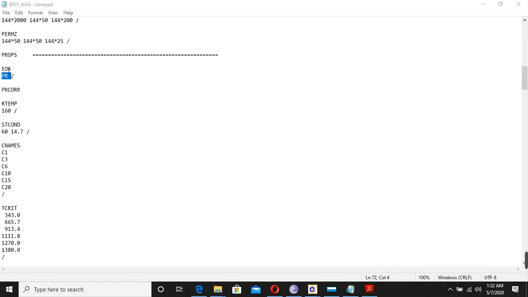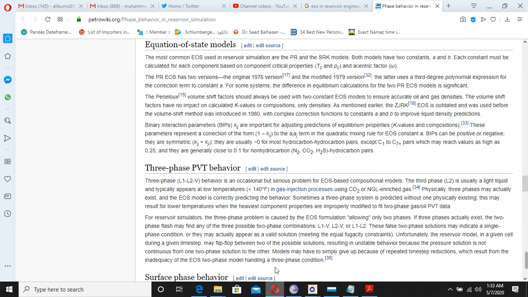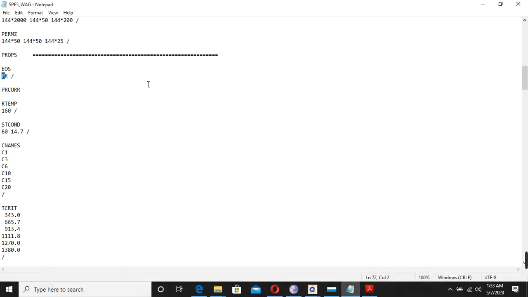This equation of state here is only mentioned in the compositional modeling. It is not included in the black oil model. So this you will only see in the compositional modeling. And remember that we have two very common equations of state. One of them is Peng-Robinson. The other one is SRK. And these are the most common. The PR has the original one and the modified one. It has two. So here we are using the original and then the modified PR correction.